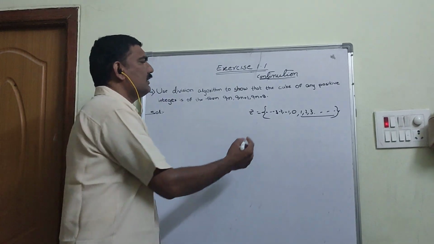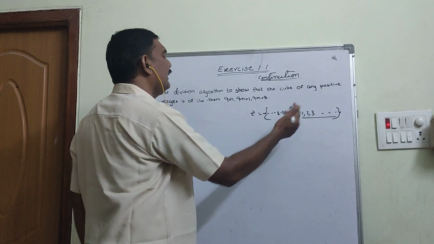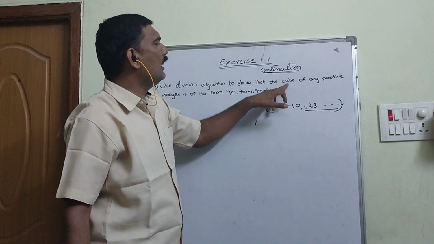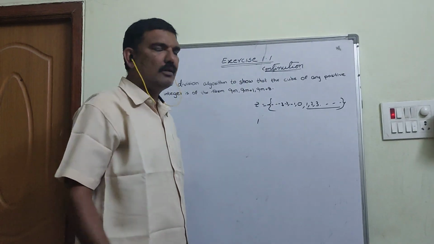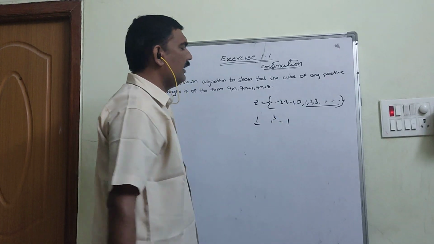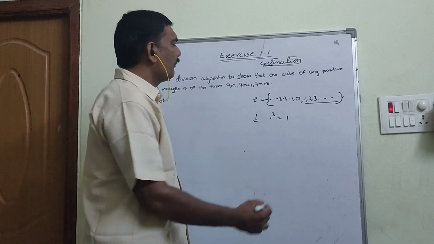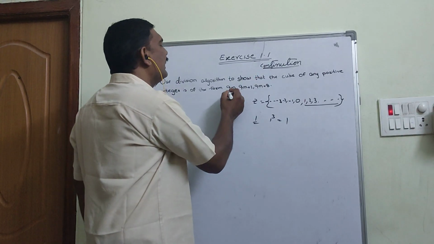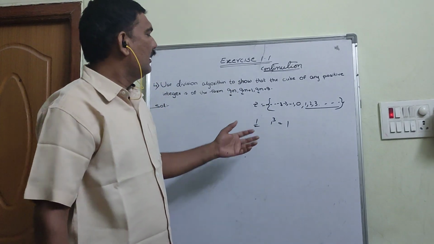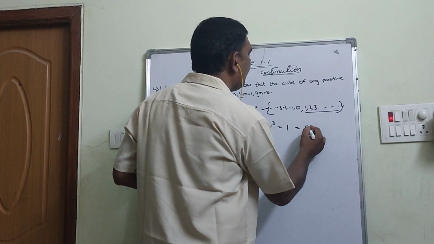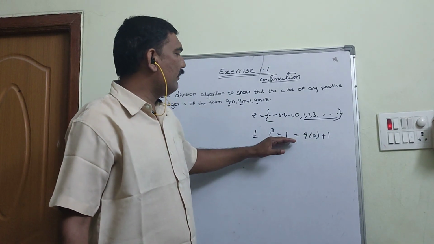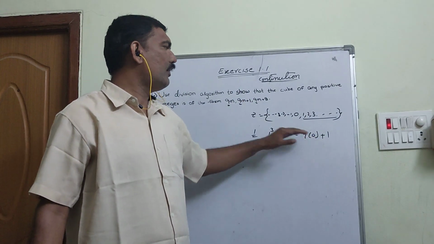Now what you have to do is take any one positive integer. Suppose I take 1 as the positive integer. Then I should do the cubing of that positive integer. If I cube this 1, how much do I get? The answer is 1. By seeing the problem we can understand that the divisor is 9. So this 1 I can write as 9 into 0 plus 1. That is, 9m plus 1. In this form I have written it.